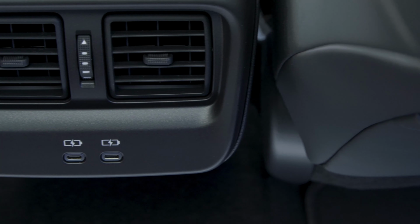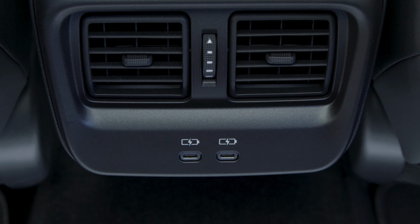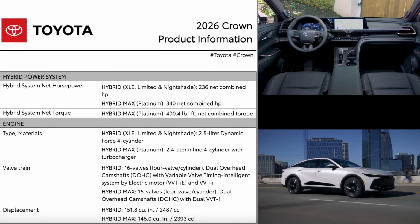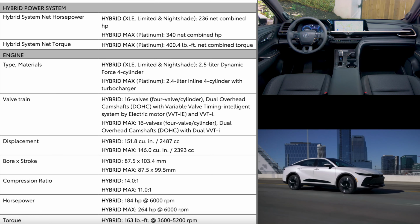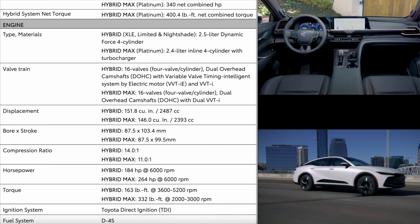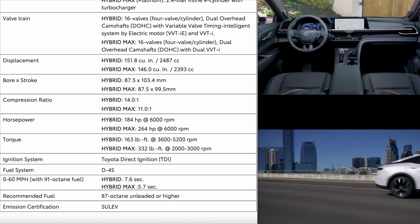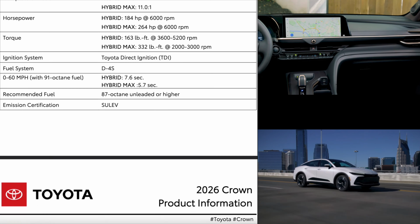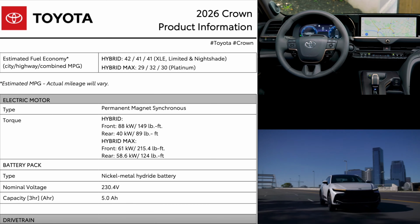Crown is available in 4 different trim levels. We have the entry-level XLE, we have the Limited, we have the Nightshade, and the Platinum at the top. The Platinum is a truly different vehicle in the Crown lineup. It's powered by the Hybrid Max powertrain. So all of these Crowns are hybrids, but the Platinum serves as the performance hybrid. The Hybrid Max has a 2.4-liter turbocharged 4-cylinder engine mated to the battery packs, producing 340 horsepower and 400 pound-feet